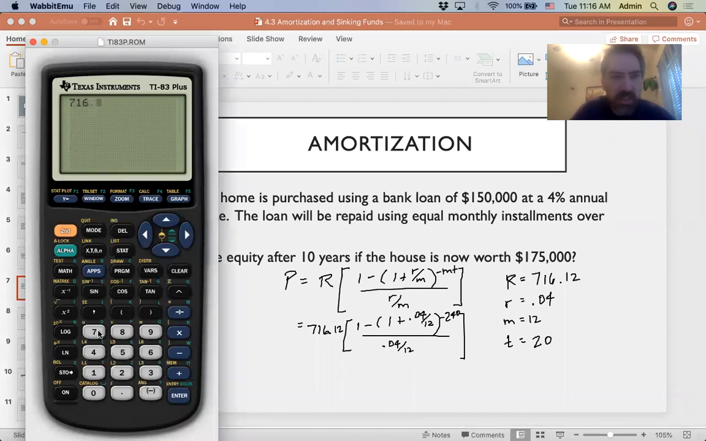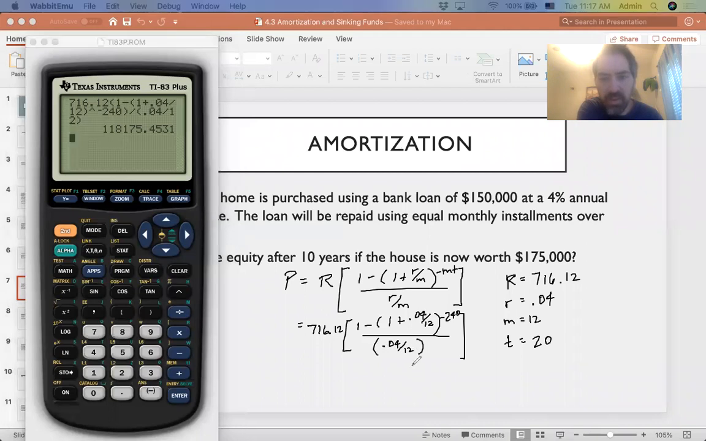All right, so $716.12, parentheses, 1 minus another parentheses, 1 plus 0.04 divided by 12. Close that parentheses and raise it to the negative 240. Close the first set of parentheses and divide by, yeah, we need another parentheses around the denominator there. All right, so that gives us an amount of